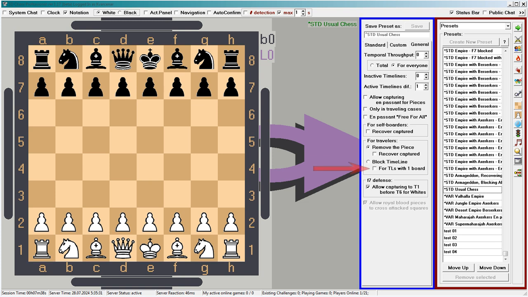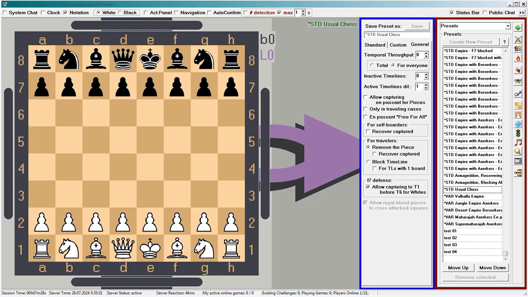We can also specify whether to block any universe or only the one created by the travel. The blocked universe remains in its place in its status as active or inactive. But the vertical of the present is no longer tied to it, and it is impossible to play on it. However, a check can be given to the past of this universe, and a travel can be made. The next parameter is a rudiment of the Precambrian era. But some people like it. It allows or prohibits white from capturing on f7 in the past before the sixth move.